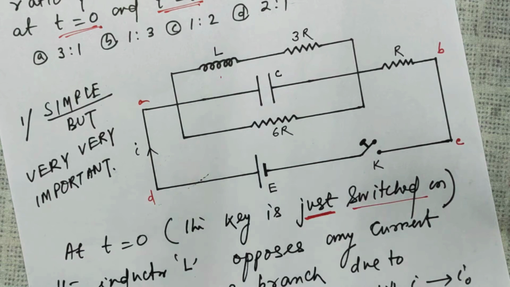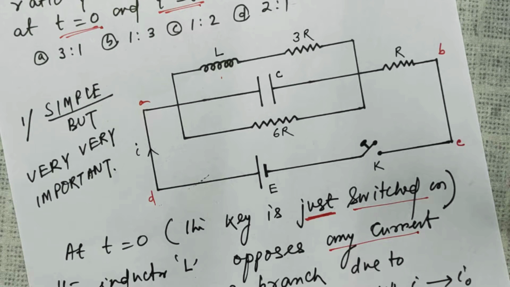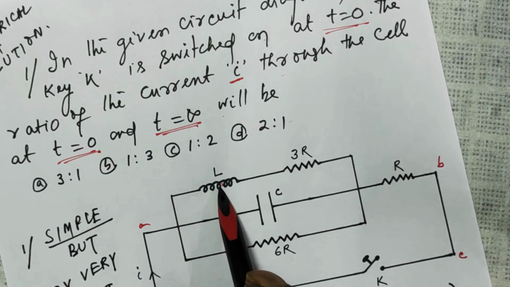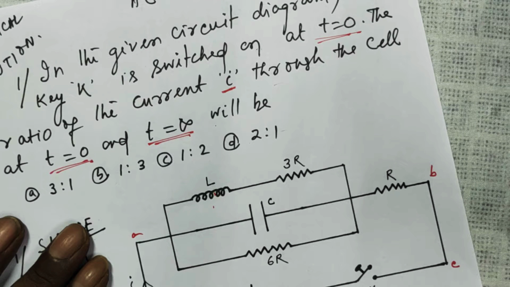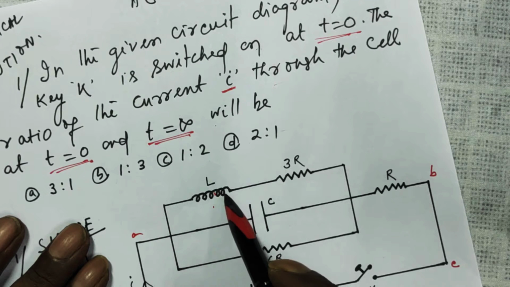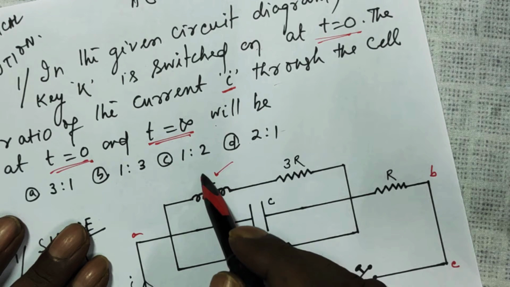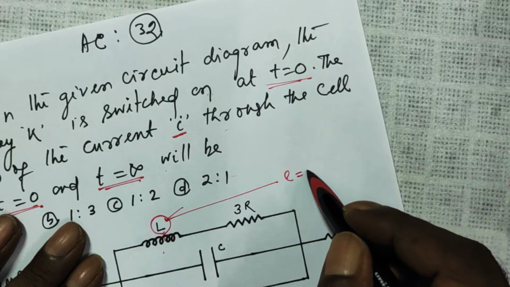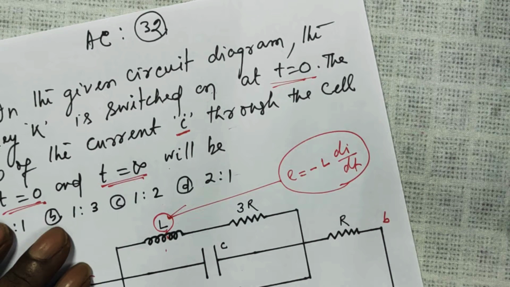The inductor L, which I discussed in previous lessons, opposes any current through this path, because here the current will take some time. The current starts growing. It does not reach its maximum value I naught immediately. So long as the current through this path has not reached its maximum value, this keeps on opposing. That was the meaning of self-inductance, and that opposition was given as E equals minus L di by dt, which I explained in many videos.